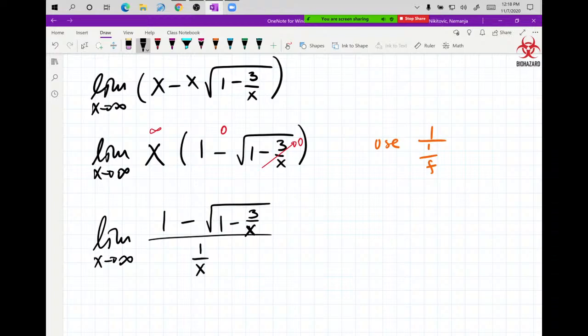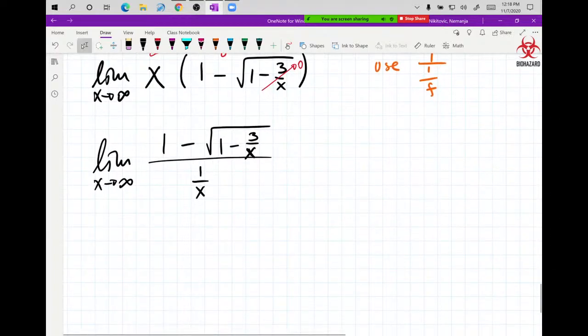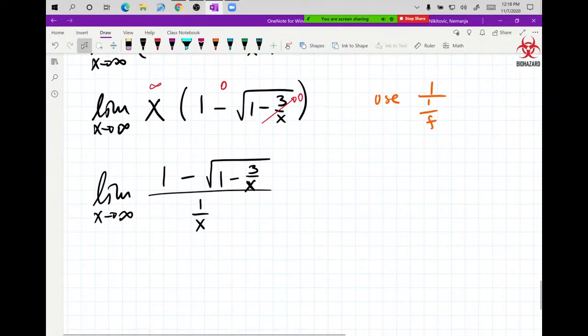So now that I have this in denominator, I'm going to see that I have 0 over 0. We already described how the top is 0 because 3 over infinity is 0, and then you just have a square root of 1, which is 1. So 1 minus 1 is 0 on top. And on the bottom, you have 1 over infinity. That's 0 as well. So this is where we can use L'Hopital's rule